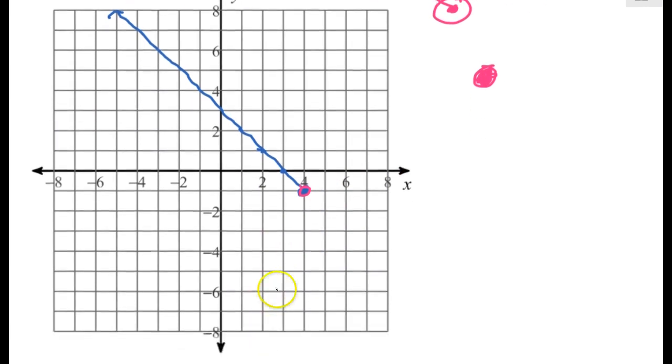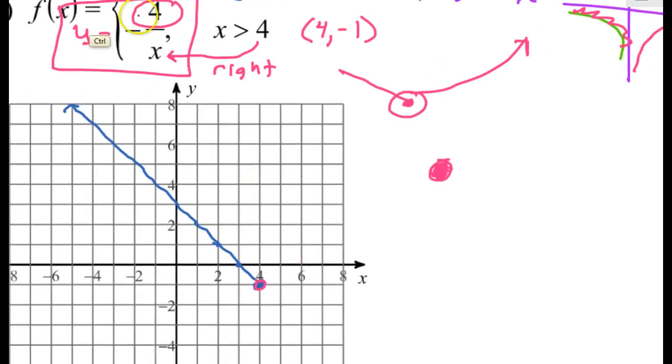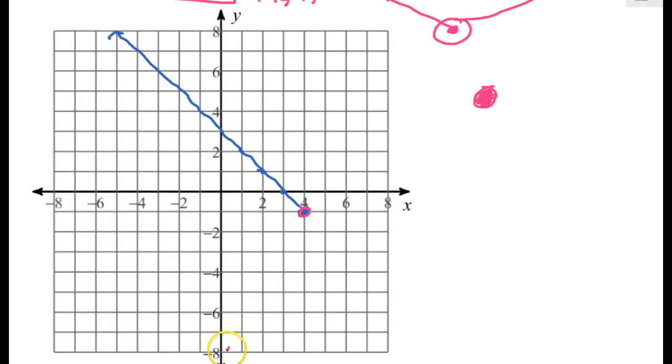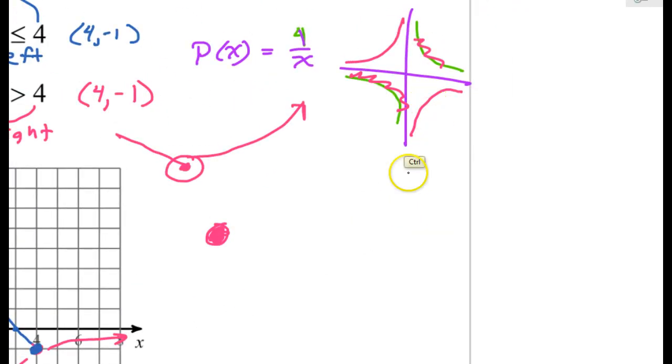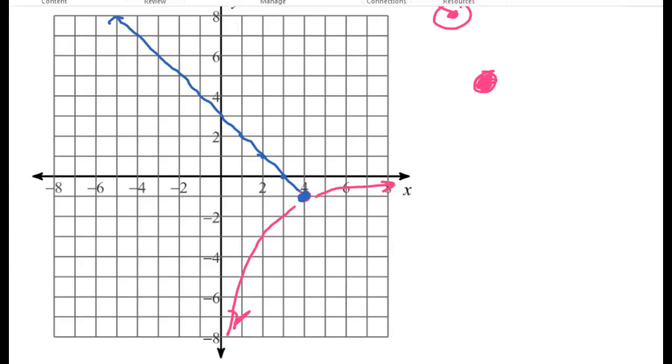You can imagine that if I were graphing this branch of the function, it would be doing something like this. It's going to go through here, and then it would approach the x-axis, and over here it would approach the y-axis. All right, it's got to approach that asymptote. It's doing this. But this is a piecewise function, so I'm not going to graph this piece of it. I'm only going to graph this piece. Okay, so